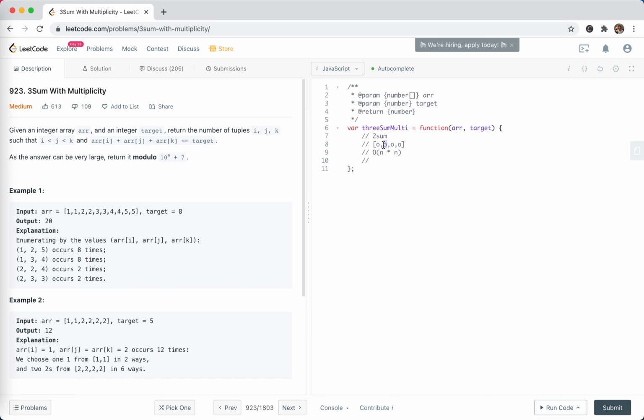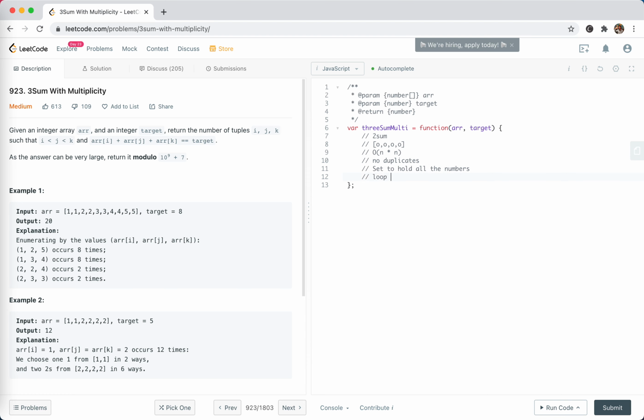fix a number and check if there is another number, the difference between the target and that number. So if we pick this number, we get the desirable number, and we could just check if it is there or not, right? So probably we use a set to hold the numbers. Oh, yeah, there might be duplicates. Let's first think about no duplicates. Okay, no duplicates. Then use a set to hold all the numbers,